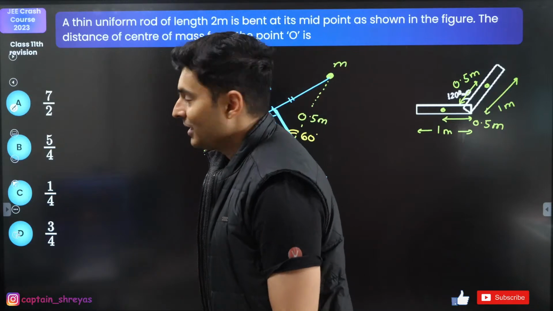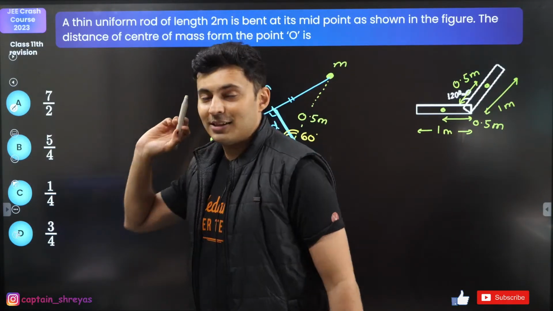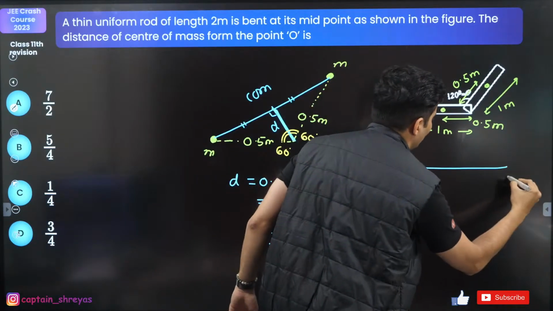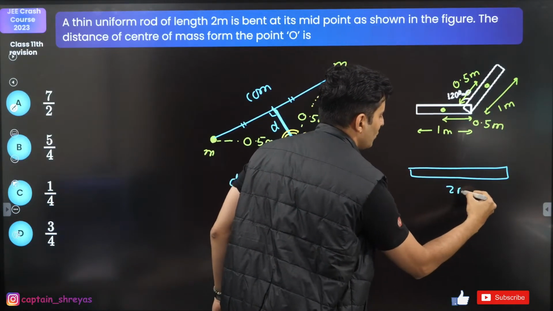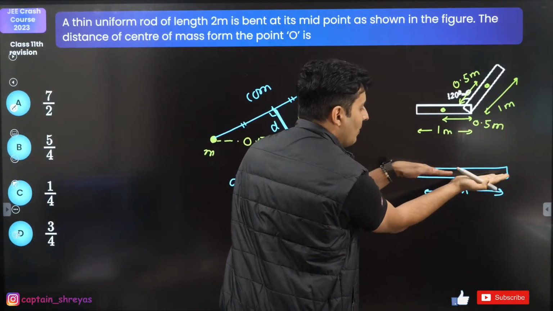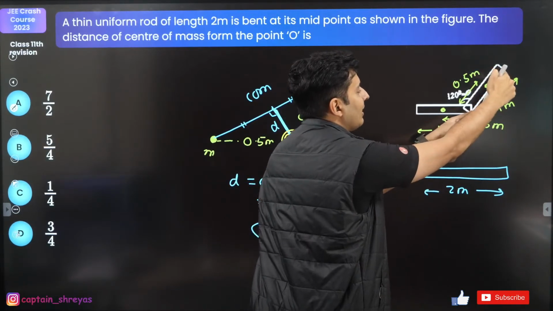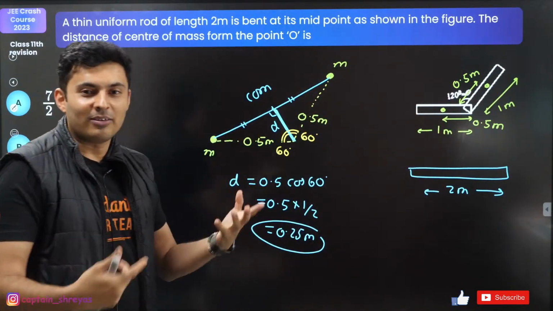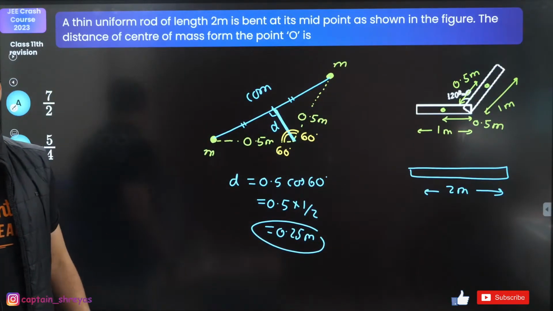Thanga Santosh, let me tell you, the rod's length is 2 meters and it is bent. 2 meters was the length of this rod. This was 2 meters. And now you bend it at the center. So this will be 1, this will be 1. Center of mass will be half of that one. So 0.5, 0.5. So a lot of halves are there. I think you missed that.